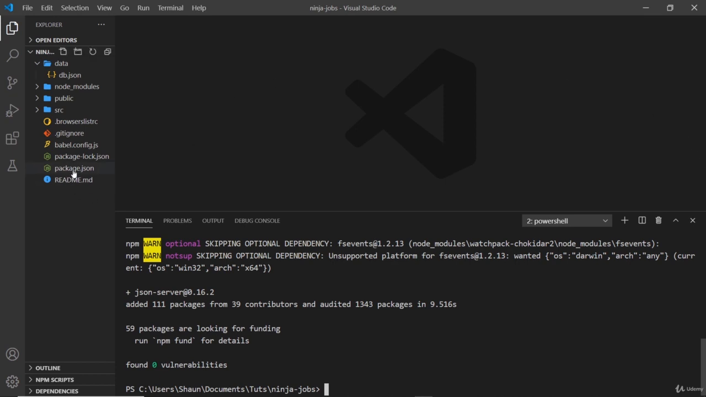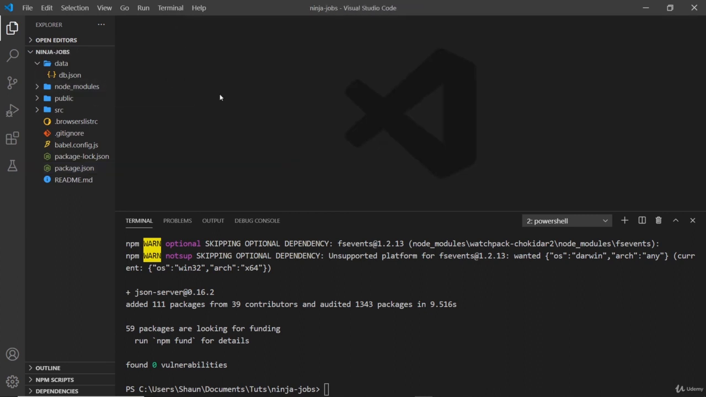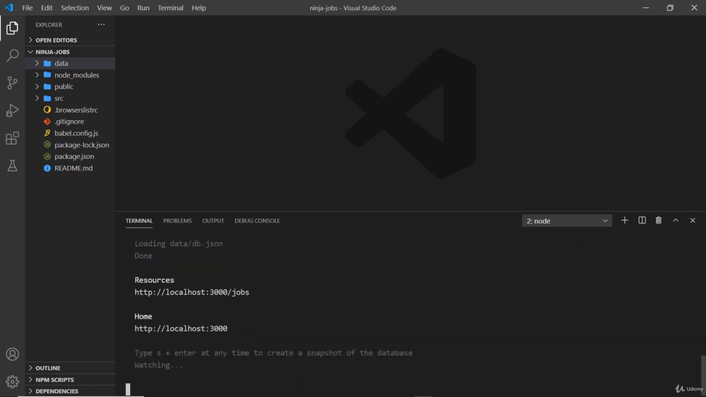So now, if we take a look inside package.json, we can see that json-server is now a dependency. That's been installed and it will be stored inside the node_modules folder. So how do we actually use this to watch a file? Well, it's pretty simple. All we need to do is come down here in the terminal and say json-server, like so, space, and then --watch to watch a file, and then the name of the file, the path to the file. Now, in our case, that's in the data folder /db.json. So I'm going to press enter, and now we can see that it's spun up a local development server